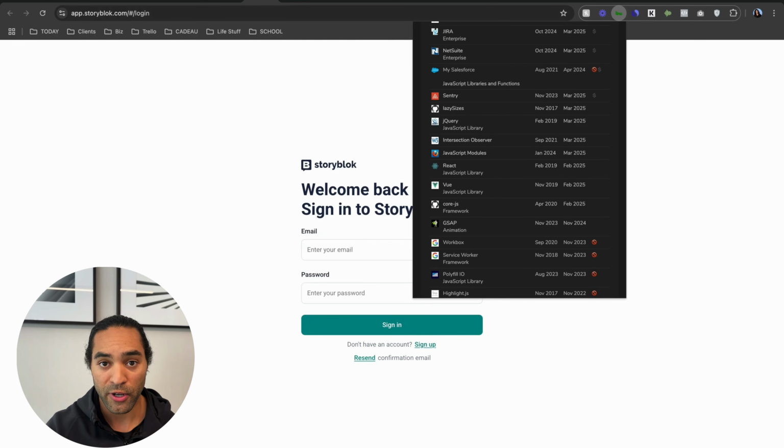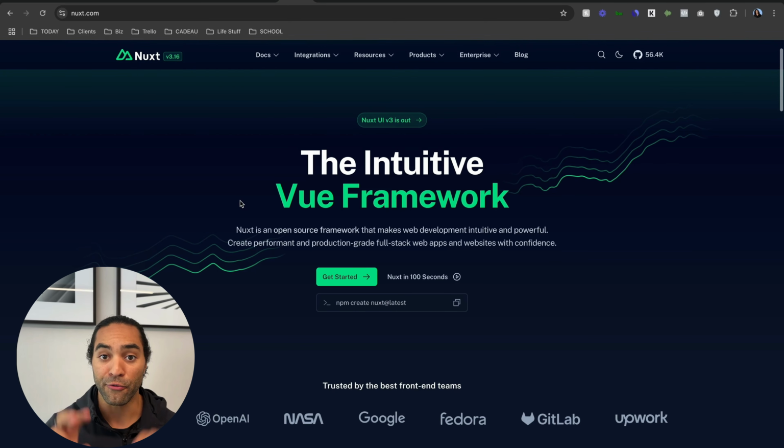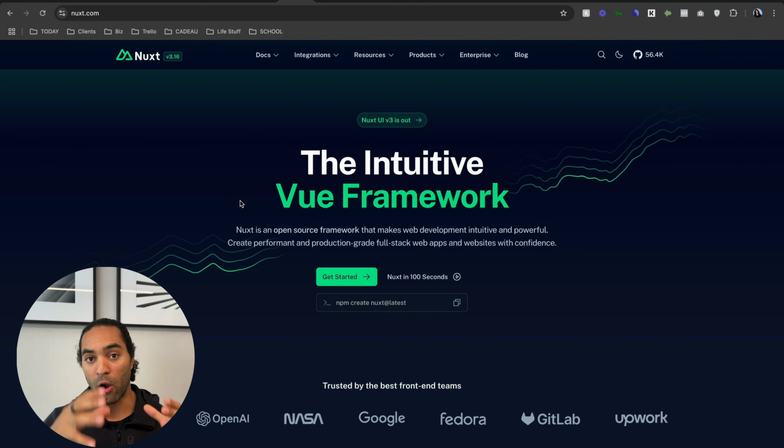And so for another example that uses the Vue framework is Nuxt. And so when we have, for example, frameworks that are very similar or that are built off of each other, Nuxt is a framework that's built off the framework Vue. I know that kind of sounds confusing, but let's just say Vue is the daddy in the whole entire framework world, and Nuxt is like the child that is using components from Vue in order to also build its own